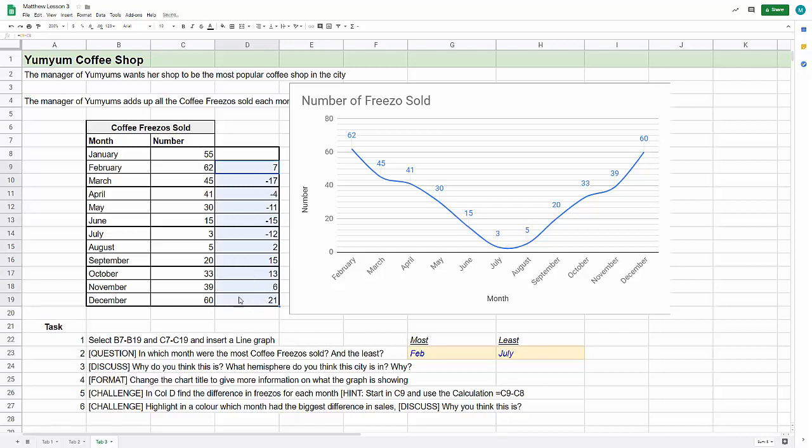Okay, now this is interesting because now here we can highlight the month that has the biggest difference in sales, right? So the month that has the biggest difference in sales is this, from December. From November to December is the highest growth. So from November to December, the number of coffees that we're adding, we're going to highlight it the color orange, is the biggest. So we must make sure that next year, November, we're going to buy a lot more frizzos so that we can be ready for December. We can see there's also a big jump in September and a big drop in June, big drop in March,